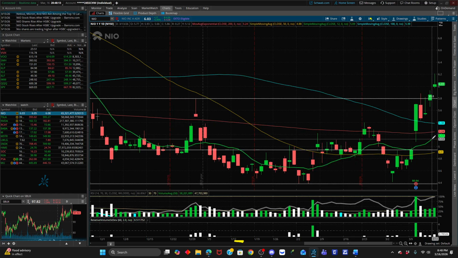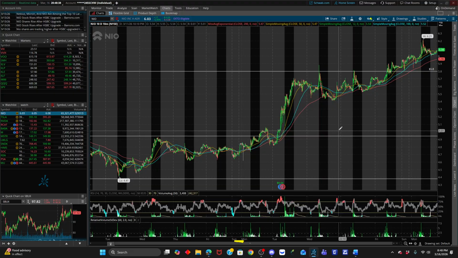play, in my opinion. We might want to chop around maybe above 580. I would like to see it form some daily consolidation candles above 580 for the next leg higher, because right now we are approaching overbought areas, and I just don't trade those. We want to trade more so when we're back here.